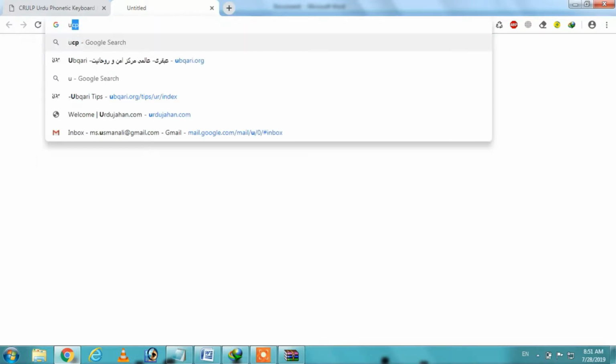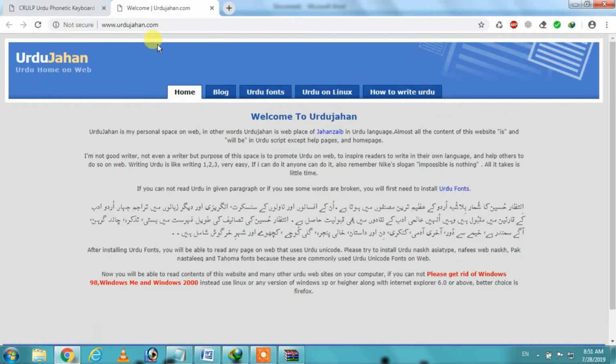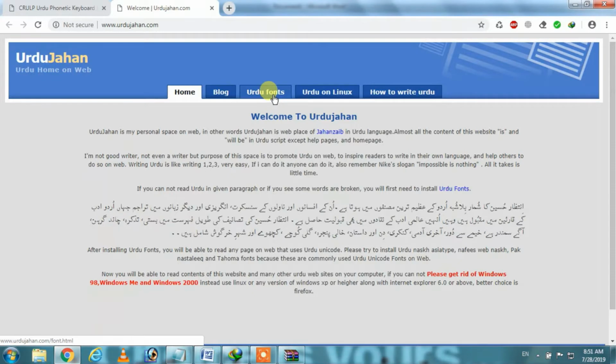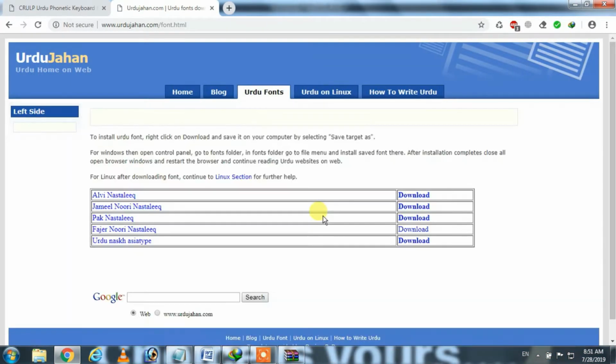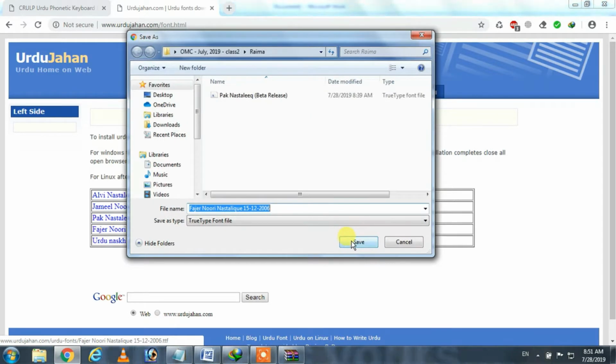Now go to urdujahan.com and select the Urdu fonts. There are number of fonts here. You can download them and install into your computer, like download, save,